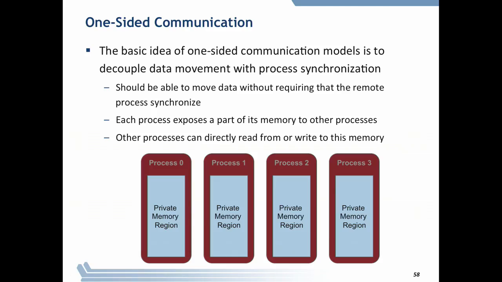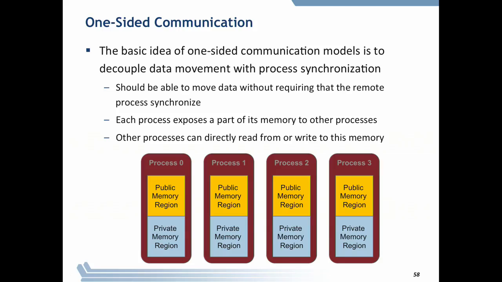And the basic idea here is that you can expose parts of the memory and do direct copies or operations into or from remote memory. So in two-sided message passing, one process sends, another process receives. In one-sided, one process decides the totality, the completeness of the memory motion. So for example, it might decide I'm going to take some data from my memory and put it into some other process's memory. So I may decide that I have some memory that's accessible to other processes and some memory